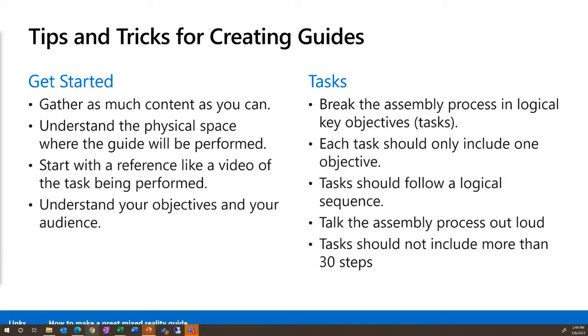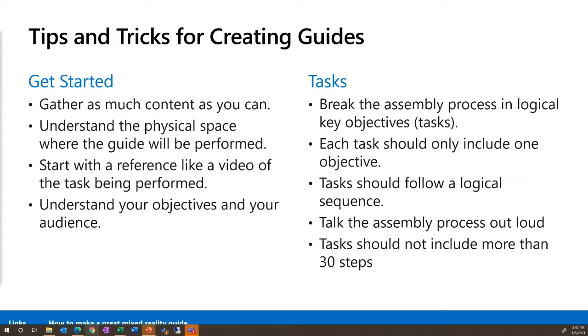You'll also want to build references. A great way to start is to create a video of the procedure you want to show or have someone, like an expert in the process, create one for you. You can refer to that video as you create your guide. You could also use written step-by-step procedures, but the video will make it easier for you to see exactly what's going on. If you're using a video as a starting point, make sure it's representative of the guide you want to create. For example, are you creating a guide for an expert or for a novice?